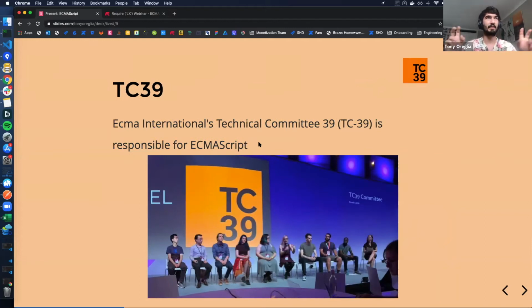So TC39 stands for Technical Committee 39. That is just the ECMA International Committee that is responsible for ECMAScript. This is a somewhat recent screenshot of a panel discussion that they did. These are not all of the members, I don't believe, but some of the TC39 members.